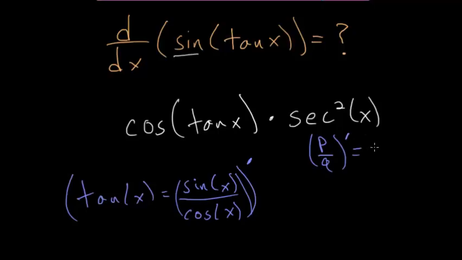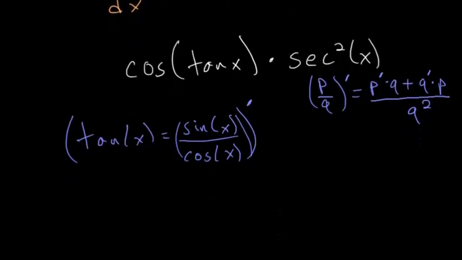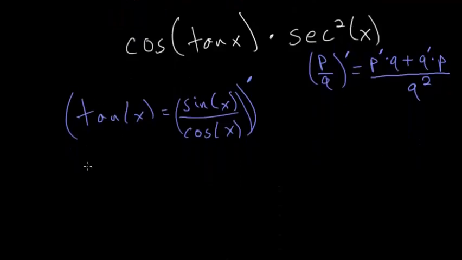Then the derivative of this would just be the derivative of p multiplied by q plus the derivative of q multiplied by p, all divided by the function q squared. So let's just apply this to the quotient that we have. So the derivative of this expression here is equal to, we need the derivative of the numerator multiplied by the denominator. So that would be the cosine of x multiplied by the cosine of x